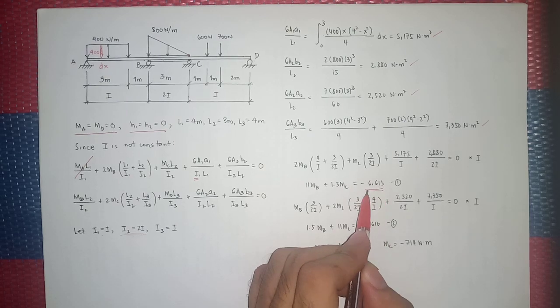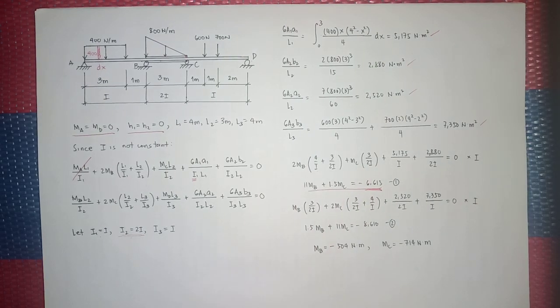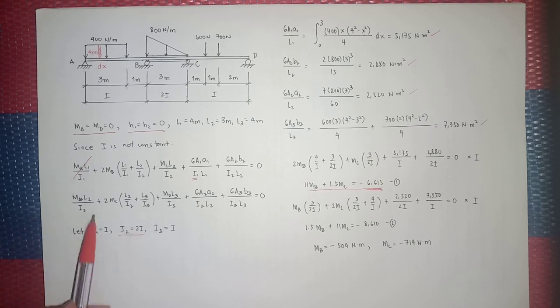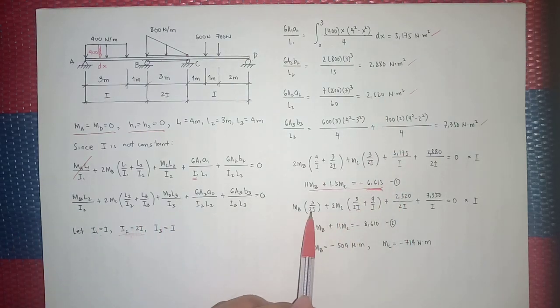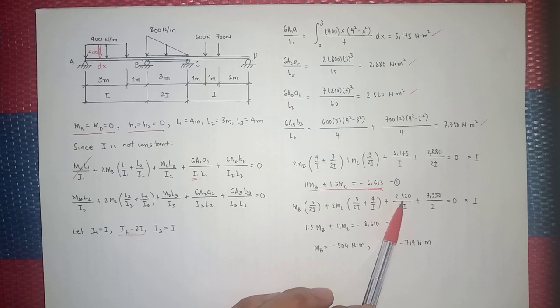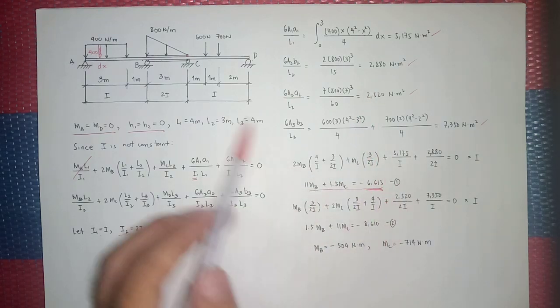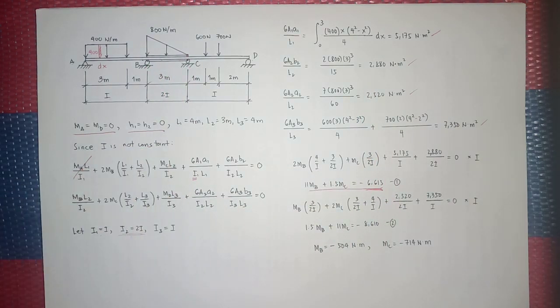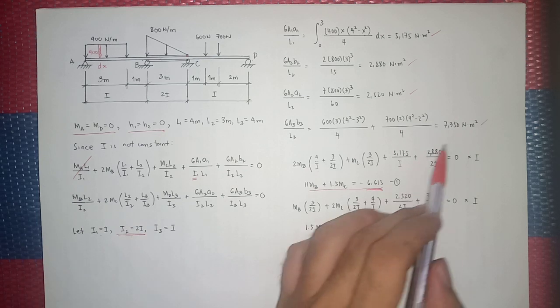And this will stand as our equation number 1. Kasi dalawa yung unknown natin. Kapag ginamit natin to in the same manner upon substitution, okay, self-explanatory naman yan. You can pause the video anytime if you want. We have 2,520 over 2I, kasi yun yung moment of inertia sa span na yon, plus